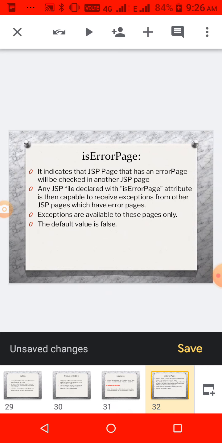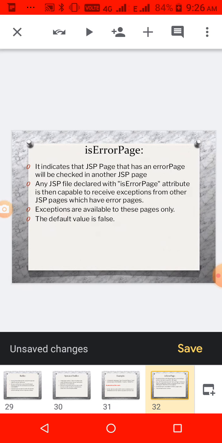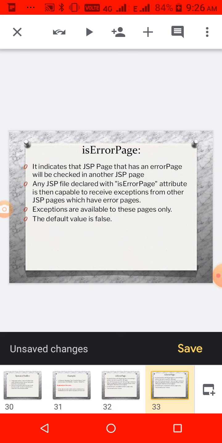If you want to handle any errors in the JSP page, you can use the directive value isErrorPage. The isErrorPage attribute is used to handle errors in the JSP code. See that, it indicates that a JSP page that has an error will be checked in another JSP page.